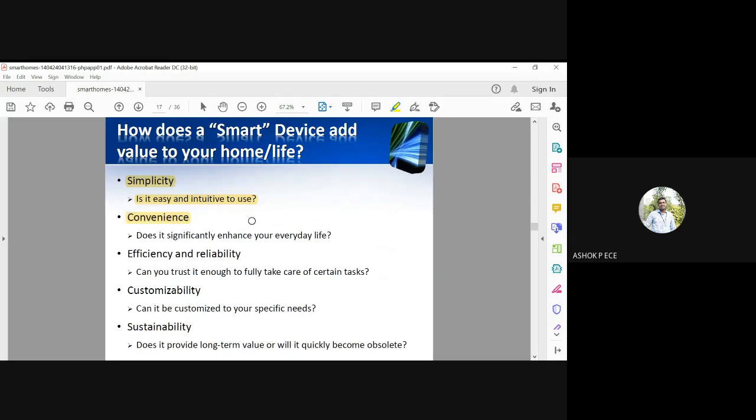Convenience, it will definitely add value to your house. For example, we have robo cleaners. It will look like a circular disc, and once you switch on the robo, it will go around your house and pick up all the dust which is lying on the floor. So that is going to add value. You need not go and clean your house daily. Just run this robo daily for 1 hour. It will clean your house. All the dust will be captured, and you can collect all the dust in a safe place inside the robo, and you can discard the waste once the robo has finished its task. So it is going to add convenience to your life.